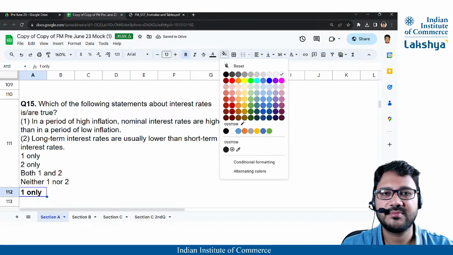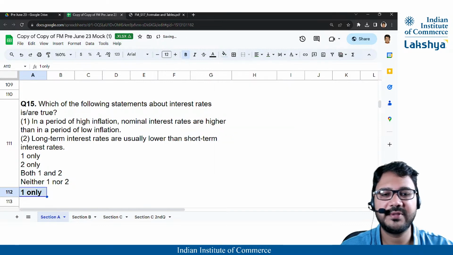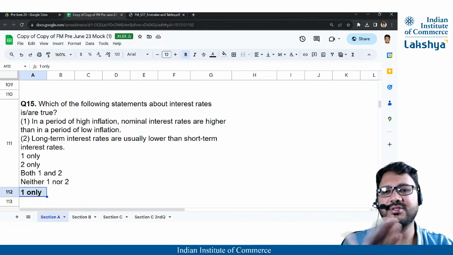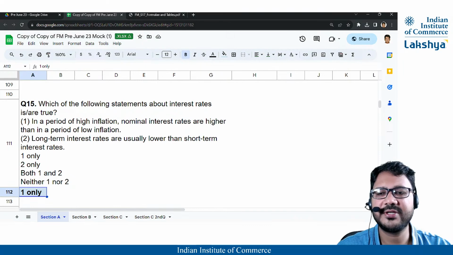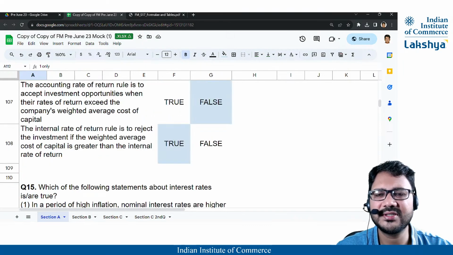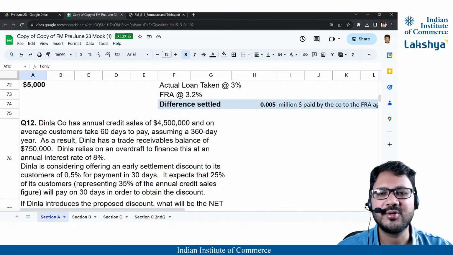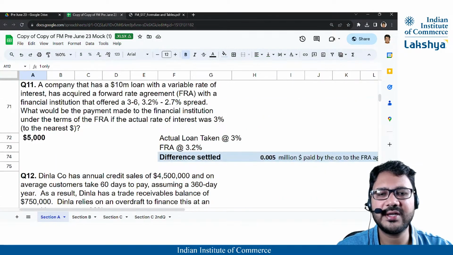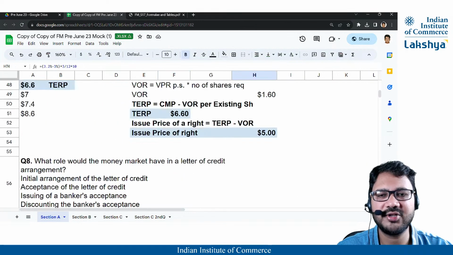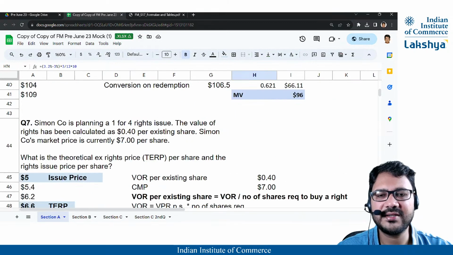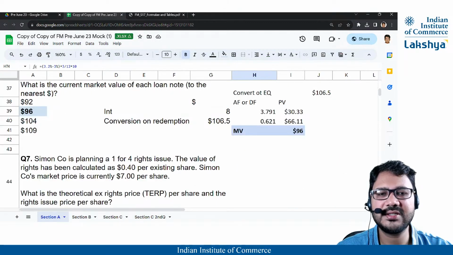Okay, so we'll just mark this, and with this it brings us to the end of section 1. We took about an hour to do it, and because I was explaining, without explanation we would easily do it within 50 minutes. Also, I have written a lot of extra information which need not be written. If you write it, there will be clarity, so it's better to write this, but